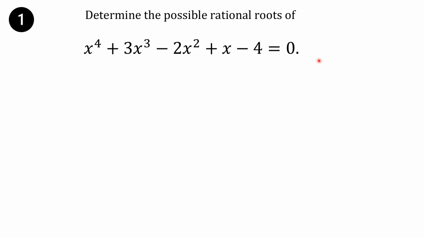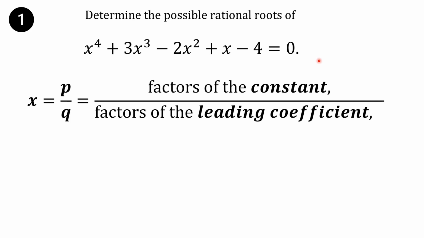Applying the rational root theorem, which is p over q in lowest terms, p or the constant is negative 4, the leading coefficient is 1. Getting the factors of negative 4 and 1,